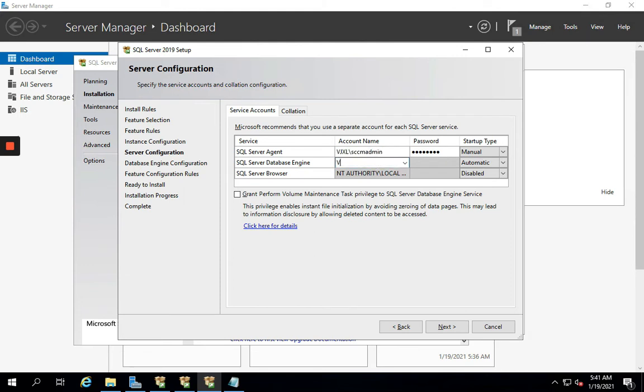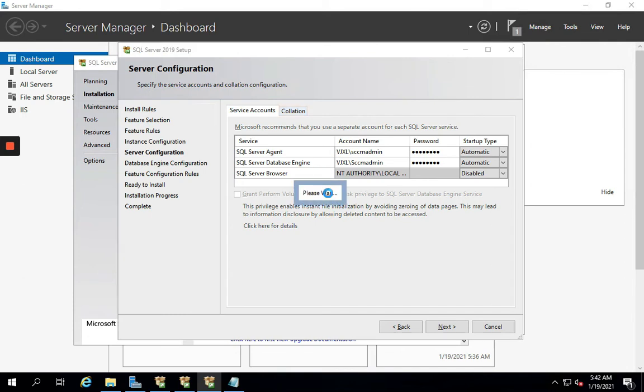And I will do the same for the server's database engine as well. Give it a password, select both of them as automatic,